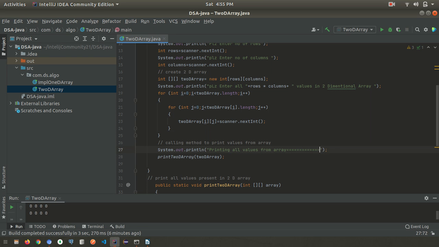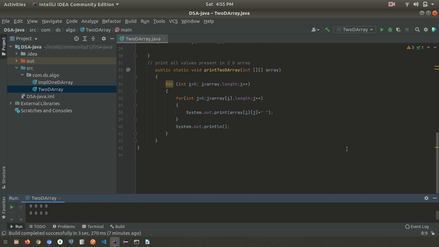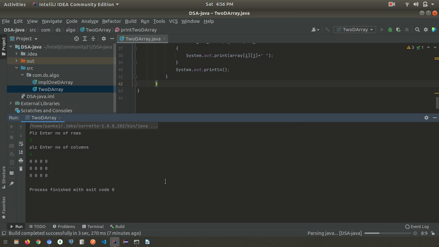I will give this line just to separate it. Okay, yeah. And now this code is okay. Now try to run this code.